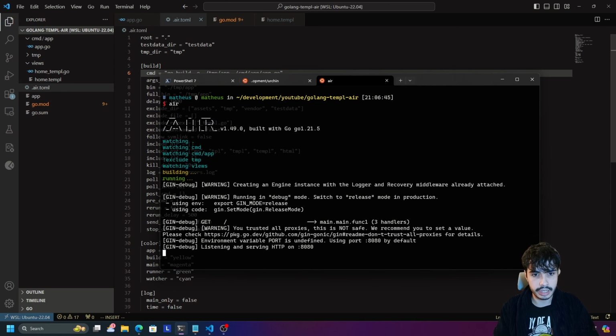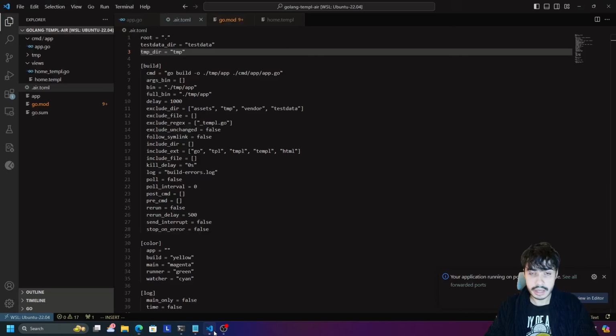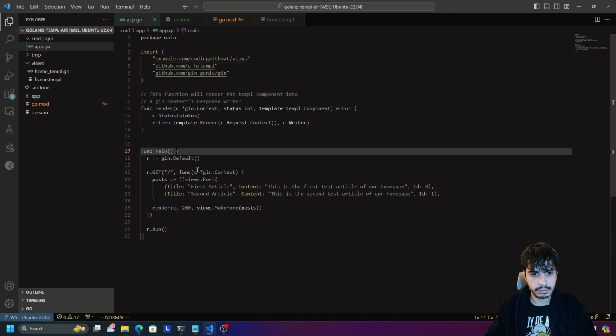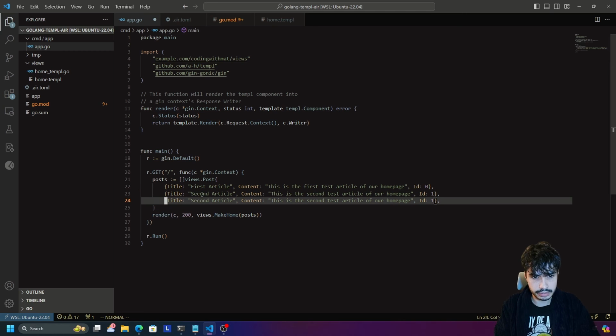So let's try that again. Let's call air again. And you can see that it has built, and then it's running the application just as expected. And if we make any changes to the Go file itself, for example, if I add yet another article here, so say third article,